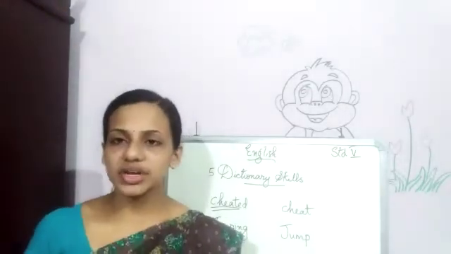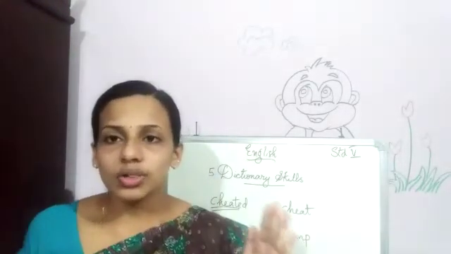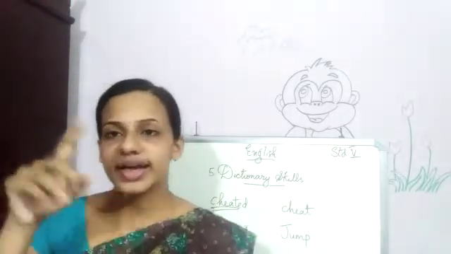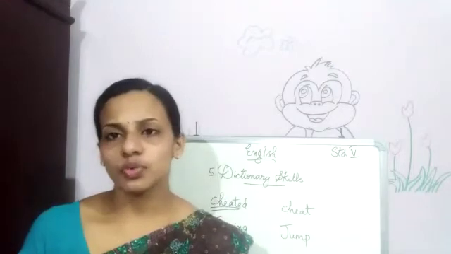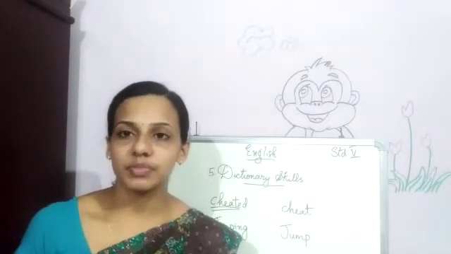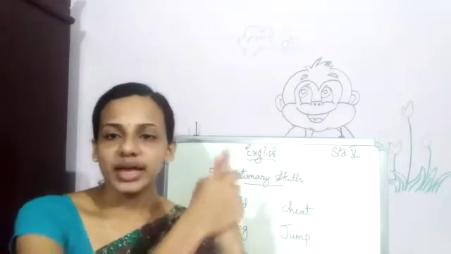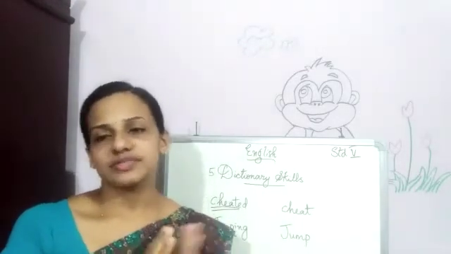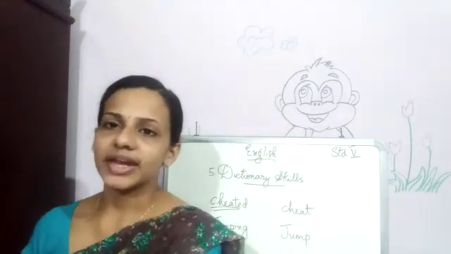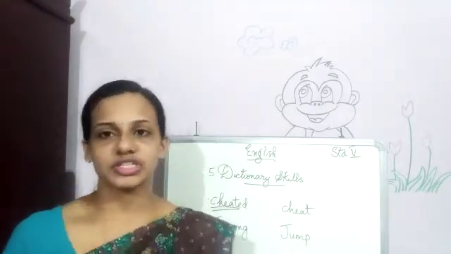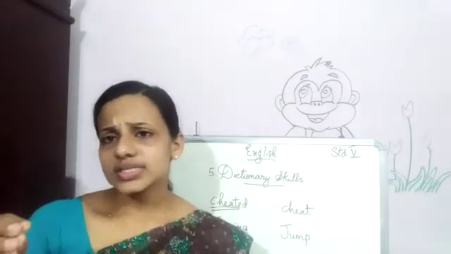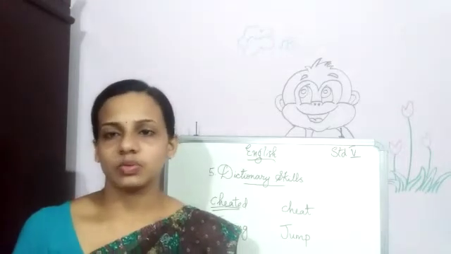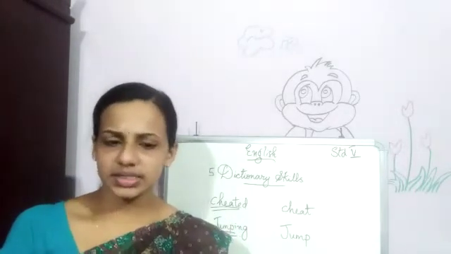So, when we use a dictionary, we have to understand that all the words are arranged in alphabetical order. A dictionary is a giant book with the meanings of words given in alphabetical order. So the words starting with A to M will be given in the first half of the dictionary, and from N to Z, in the second half. Since it is arranged in alphabetical order, it is very easy for us to find the words. Okay, so that is clear for you.